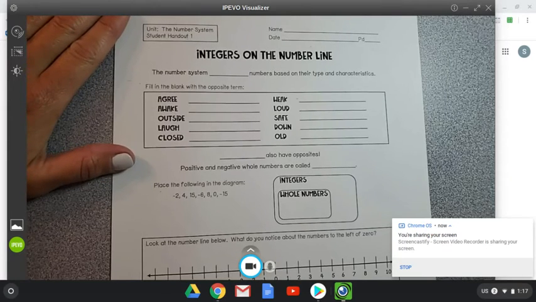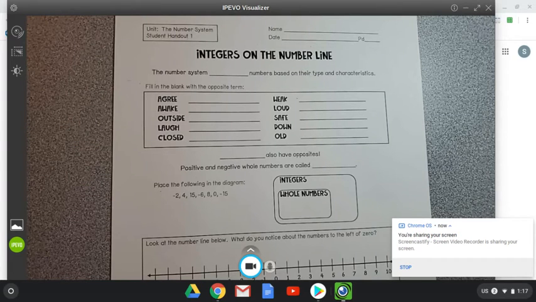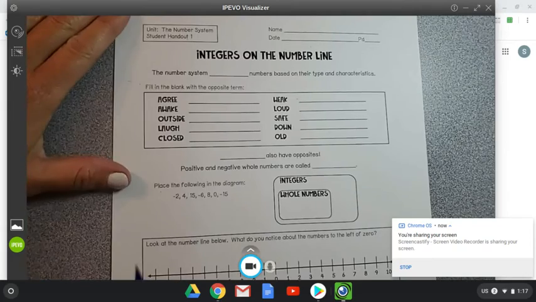So make sure that you have this notes page and a pencil to go along with it. All right, the first thing is the number system